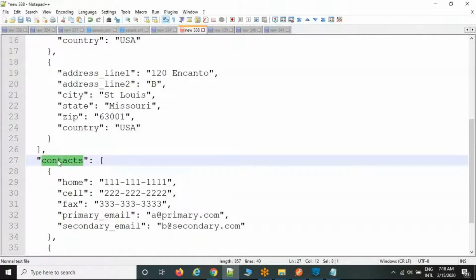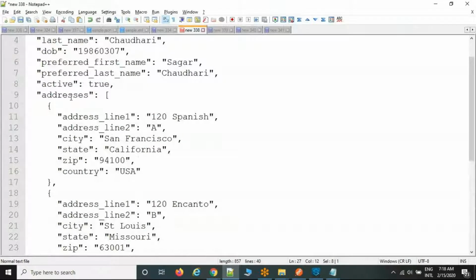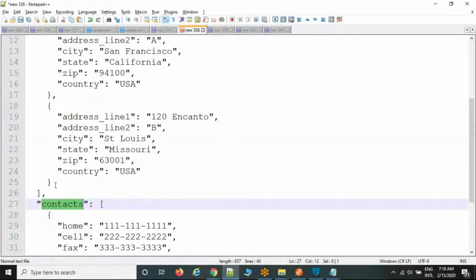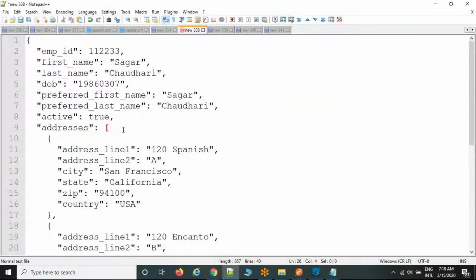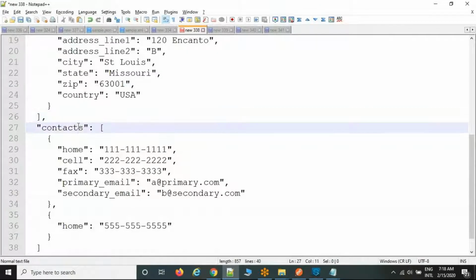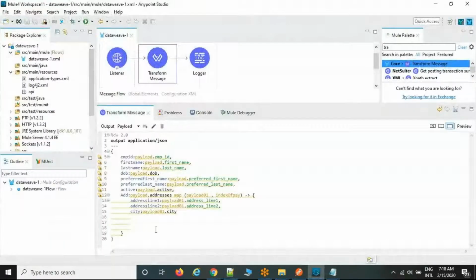Okay, now the other one is contact. Where is the contact available? Is contact available under address or outside of the address? That is also very important, because contact is also an array, but where is it available? Now address is going to be closing here only. Clear, completed. Now contact is available outside of the address. So the same way, address is starting from here to ending. Now comma. The comma is important, because if we put the comma, then only the system can understand the next element is available.